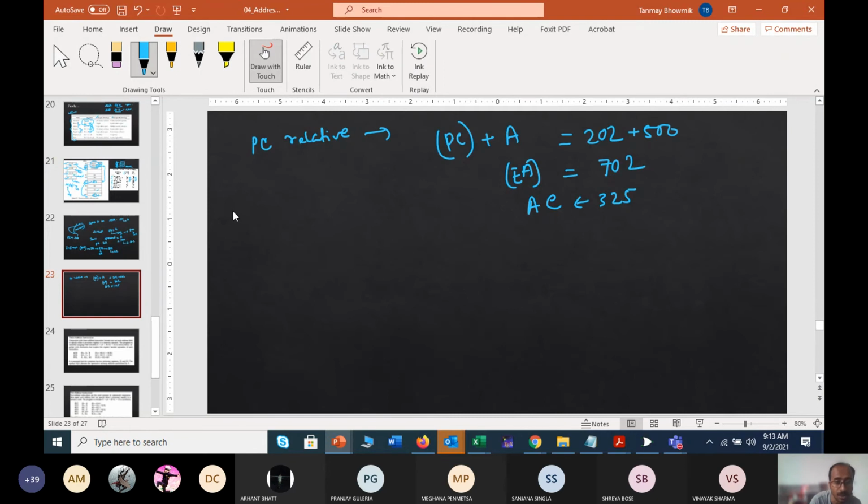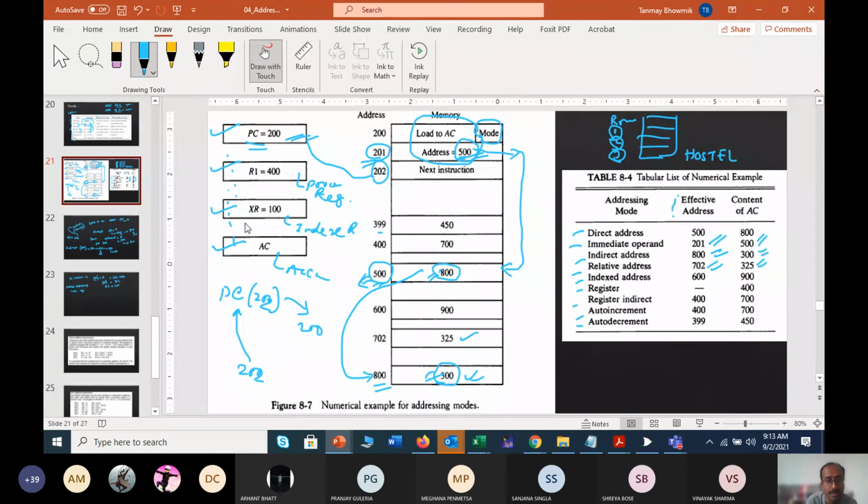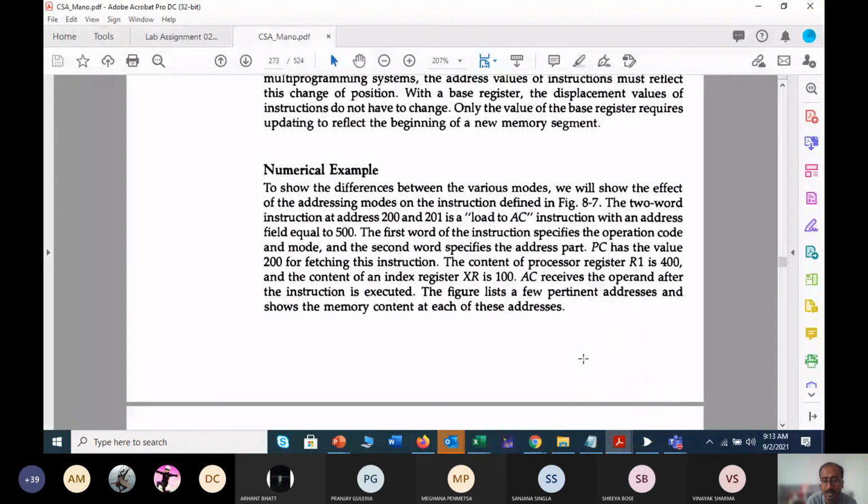Whenever you are talking about indexed addressing, one index register will come into action. Who was the index register for my example? This was the index register XR. In the problem itself it has been mentioned that XR is 100, the third row from the bottom.